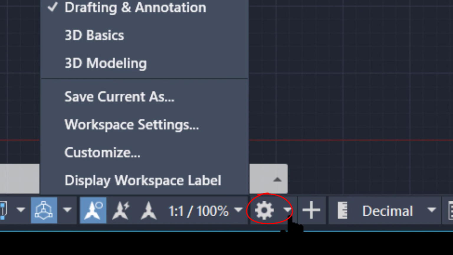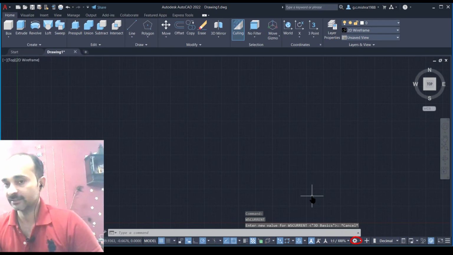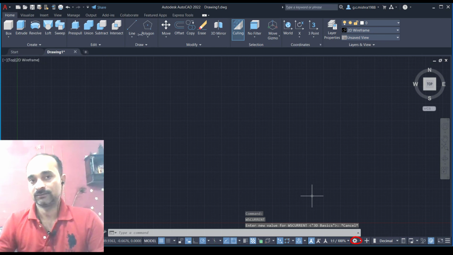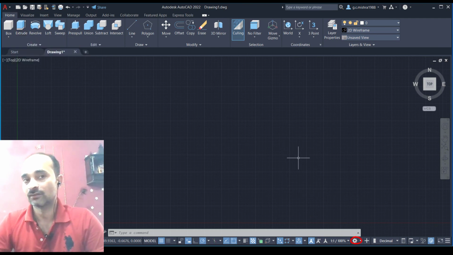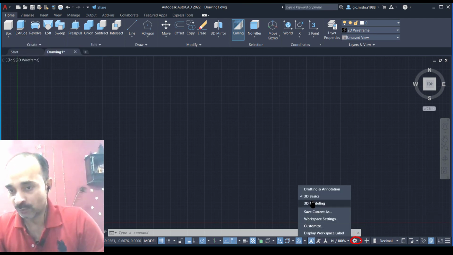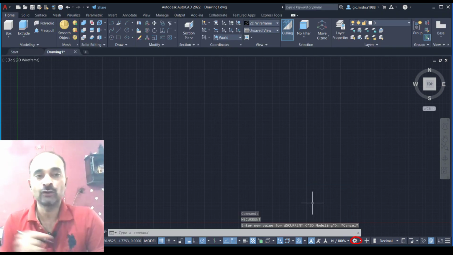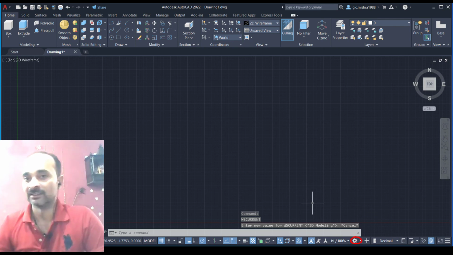Next to that icon, if I click on the arrow button, you will get drafting and annotation, 3D basics and 3D modeling. If you click on 3D basics, you can see here that your tool palettes are completely changed now. And once again, if I go to the 3D modeling interface, your interface will change once again.